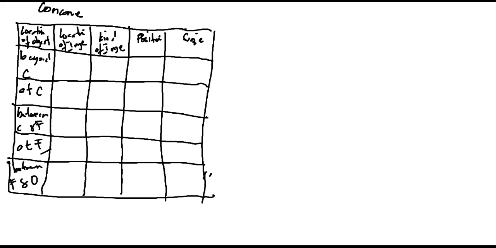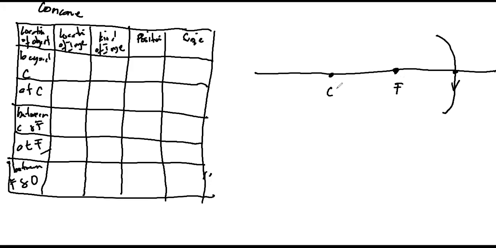So here I will give you an example: if the object is located beyond C, let's try to figure out what kind of image is formed if we put an object beyond C. This one is the focus, this one is the vertex, and this one is the center. You can use one or two rays only, or you can use three if you want. You can use all four, but one and two can already be good. You can already locate it.